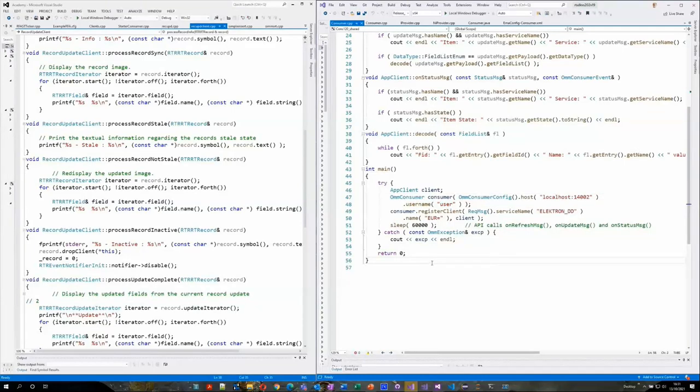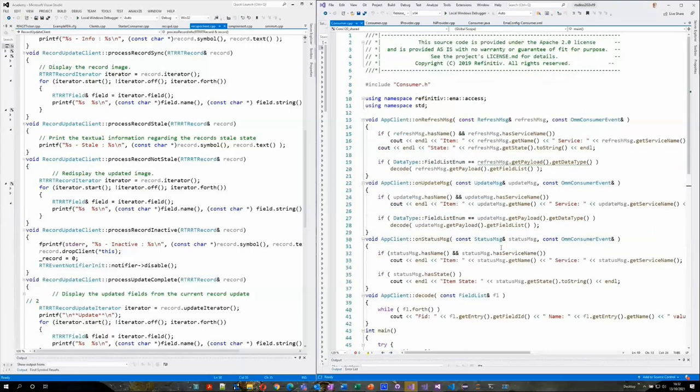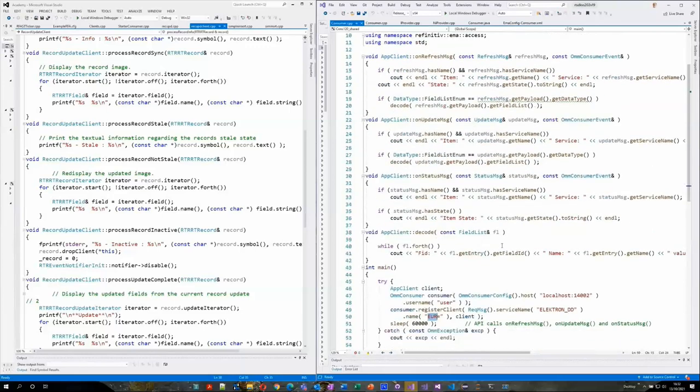And then the next line, which is basically registering client, you're specifying which service that you'd like to receive data from and the item that you'd like to get the data for. So with that, essentially you're, yeah, thank you. If you, as a consuming application, all you're doing is 2 lines of code here, followed by setting a few callbacks for retrieving different kinds of messages: refresh message, update message, status message, and so on.